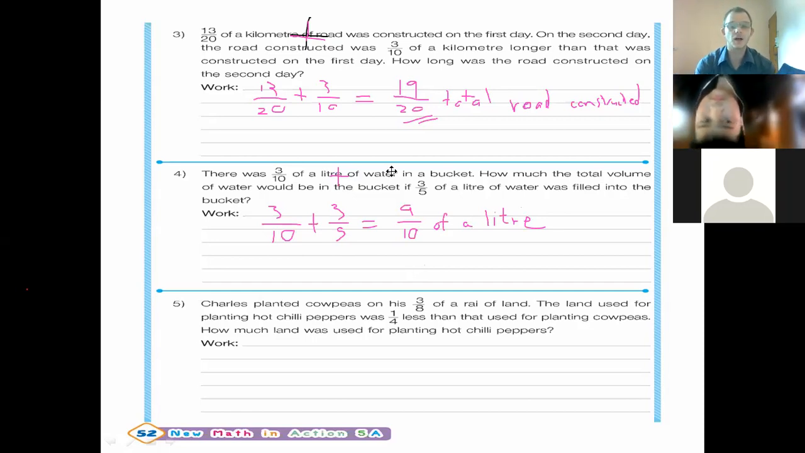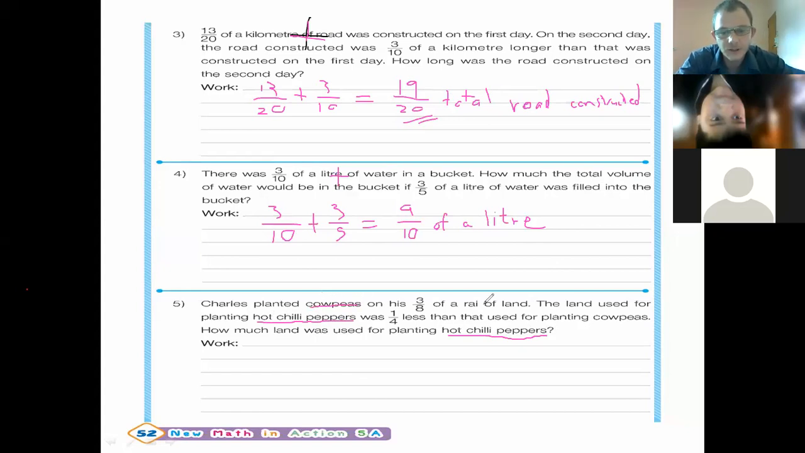Number 5, Charles planted cowpeas on his 3/8 of a rai of land. The land used for planting hot chili peppers was 1/4 less than that used for planting cowpeas. How much land was used for planting hot chili peppers? So this one is very straightforward. They use the hot chili peppers at the end just as a way to confuse you. It is still, okay, sorry,